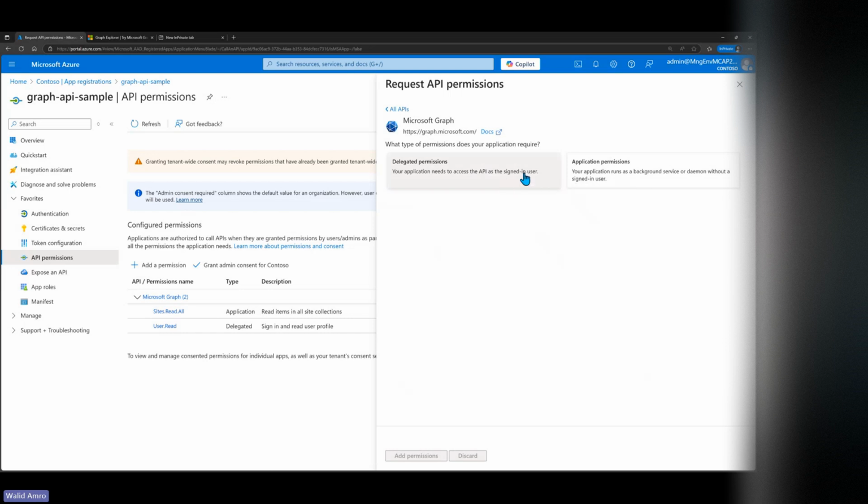It means if you allow multiple users logging into this service and you want user level permission on Graph API, for example, I want to get my own information, my picture. Sometimes you have a website and you want to post a picture that is inside Enter ID, or your name and your phone number, and you want to post them based on that user level. Or every user, when they log in, you want to put their picture and their phone number and their information there. So if you want to do that, then you can do a delegated permission in order to allow